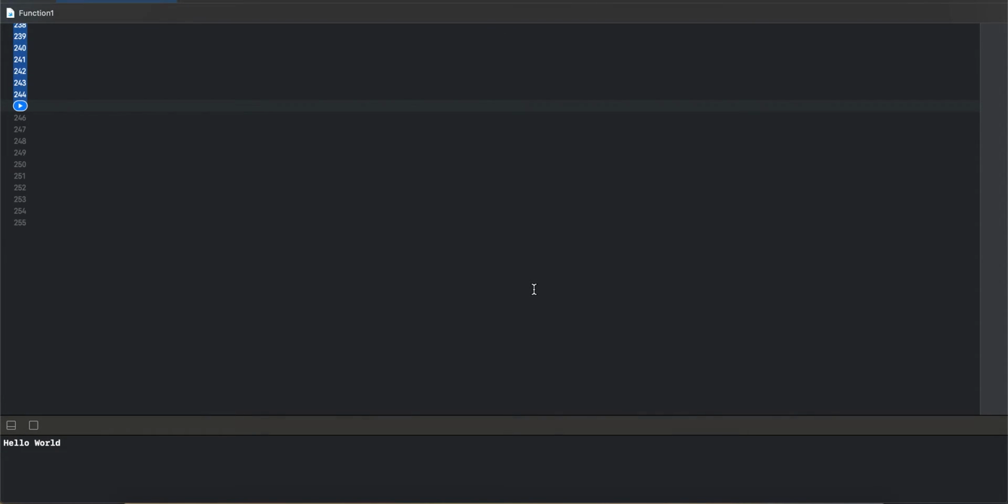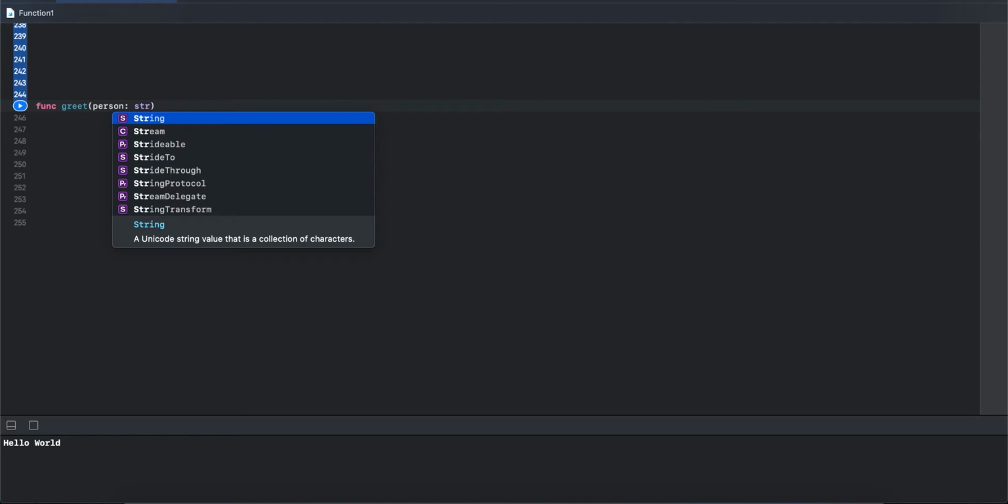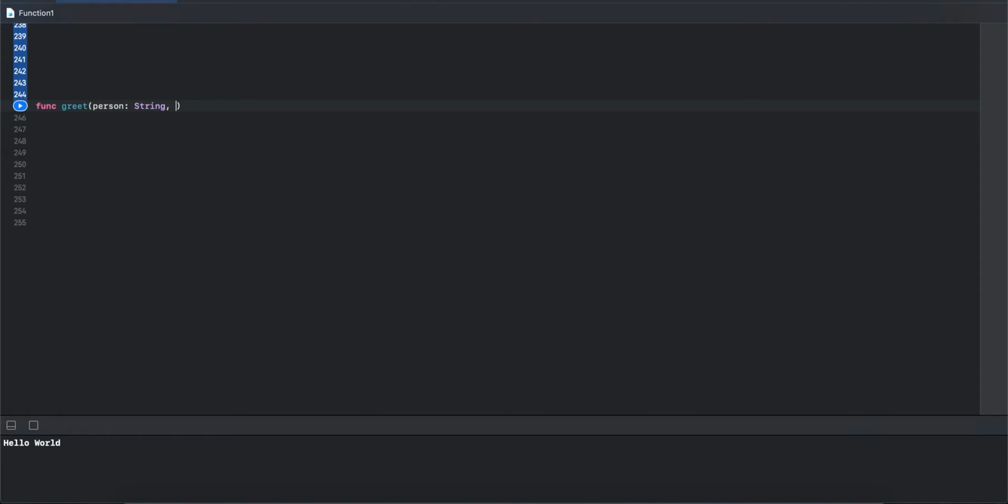Here is an example where we are going to create a multiple parameter function. We create a function named greet, with a parameter person which is of type string, comma separated, and a parameter alreadyGreeted which is of type bool, and the return type is a string.